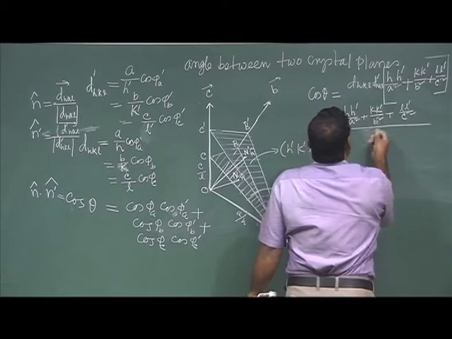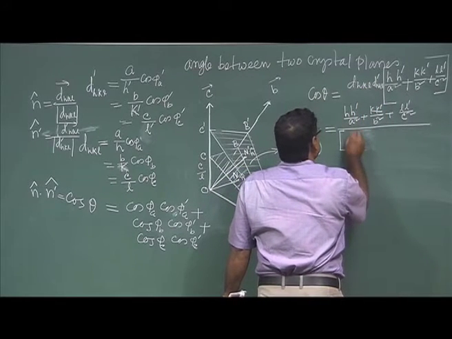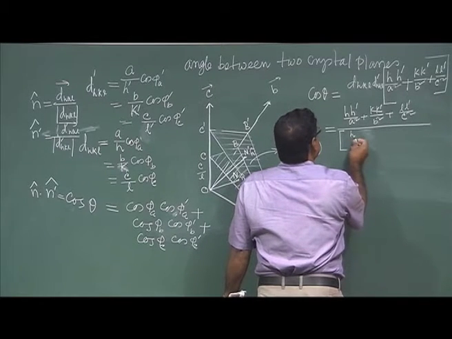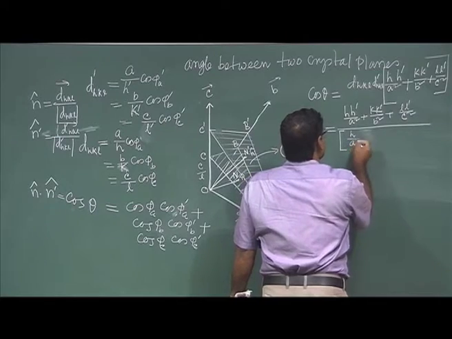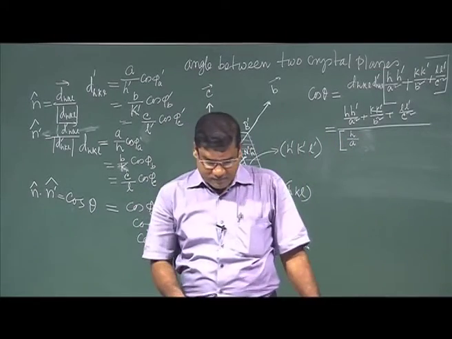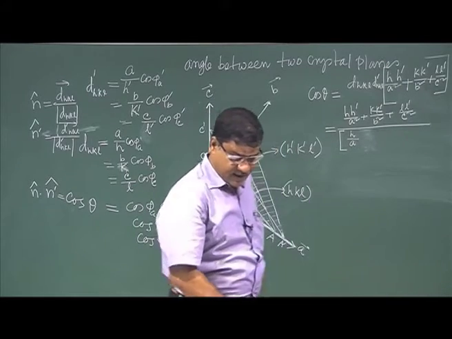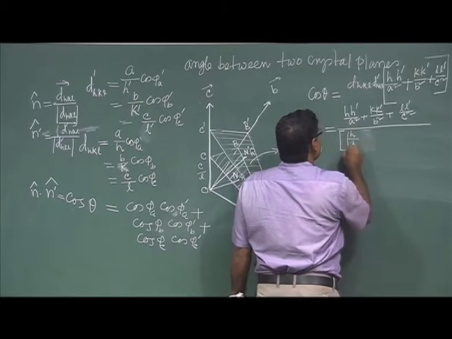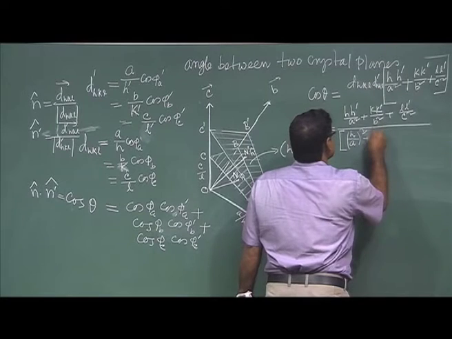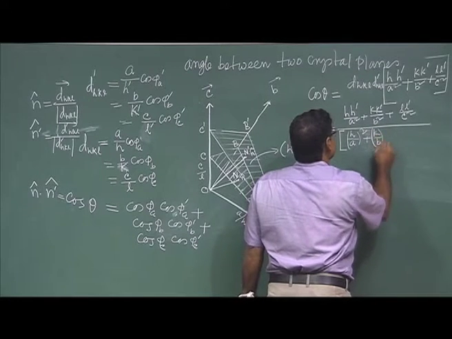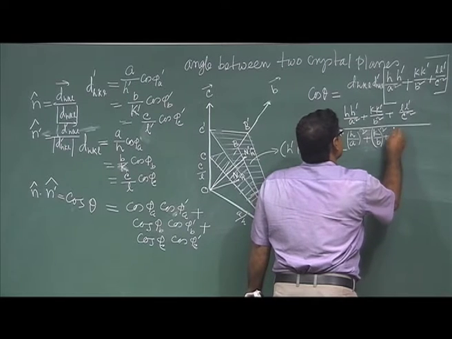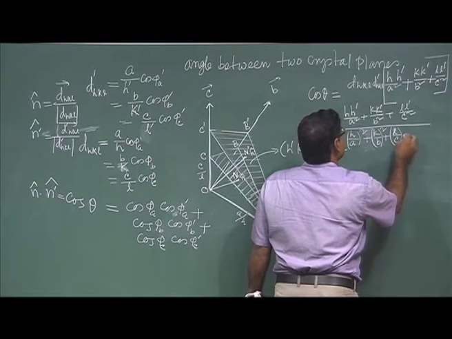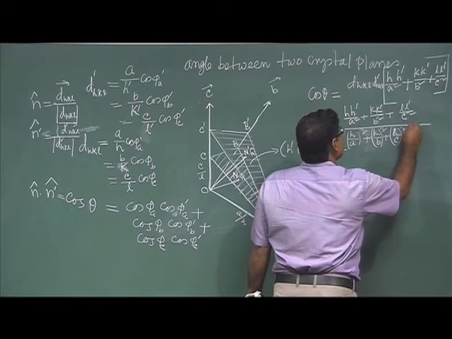So the d_hkl value is going down, h by a whole square plus k by b whole square plus l by c whole square, right, and then to the power half,